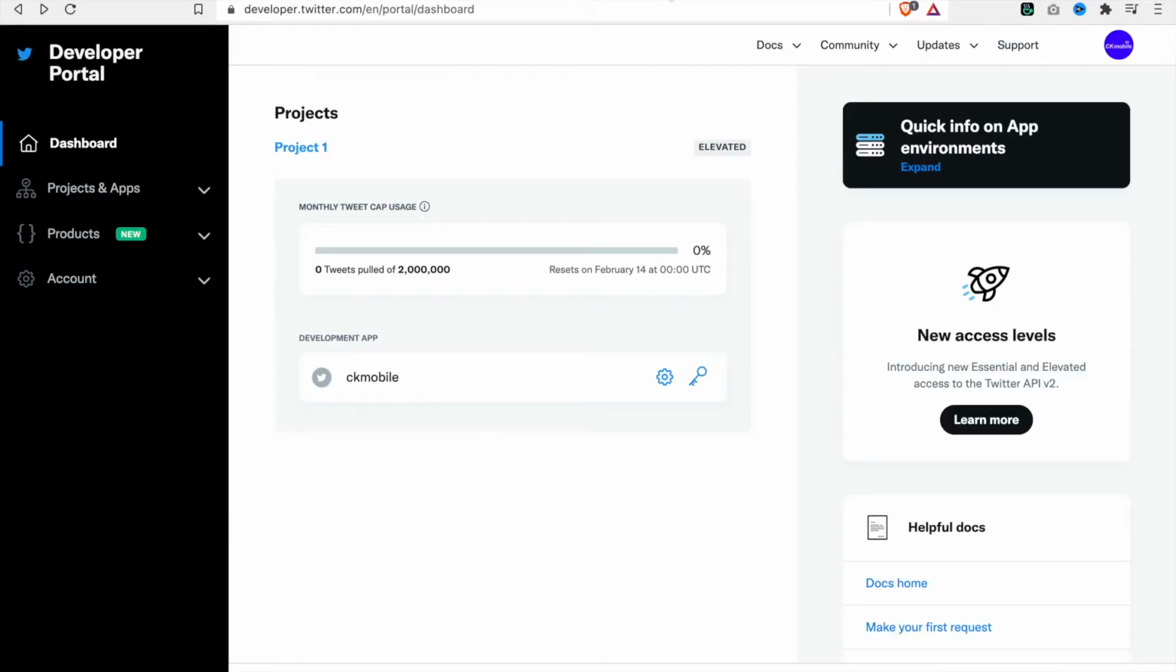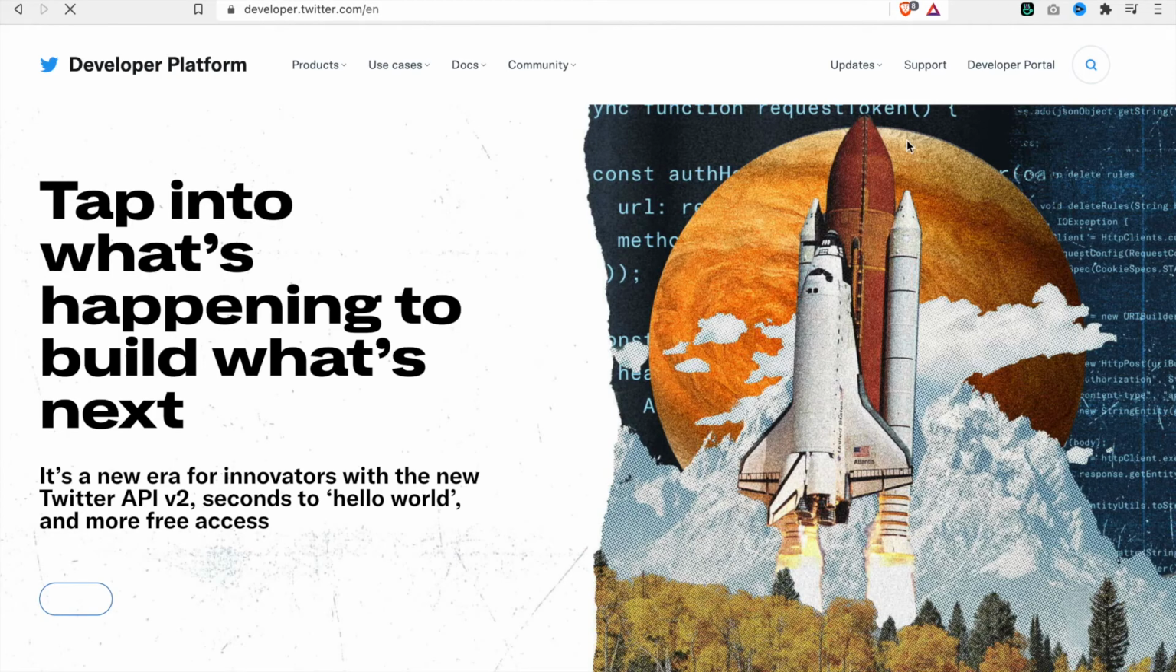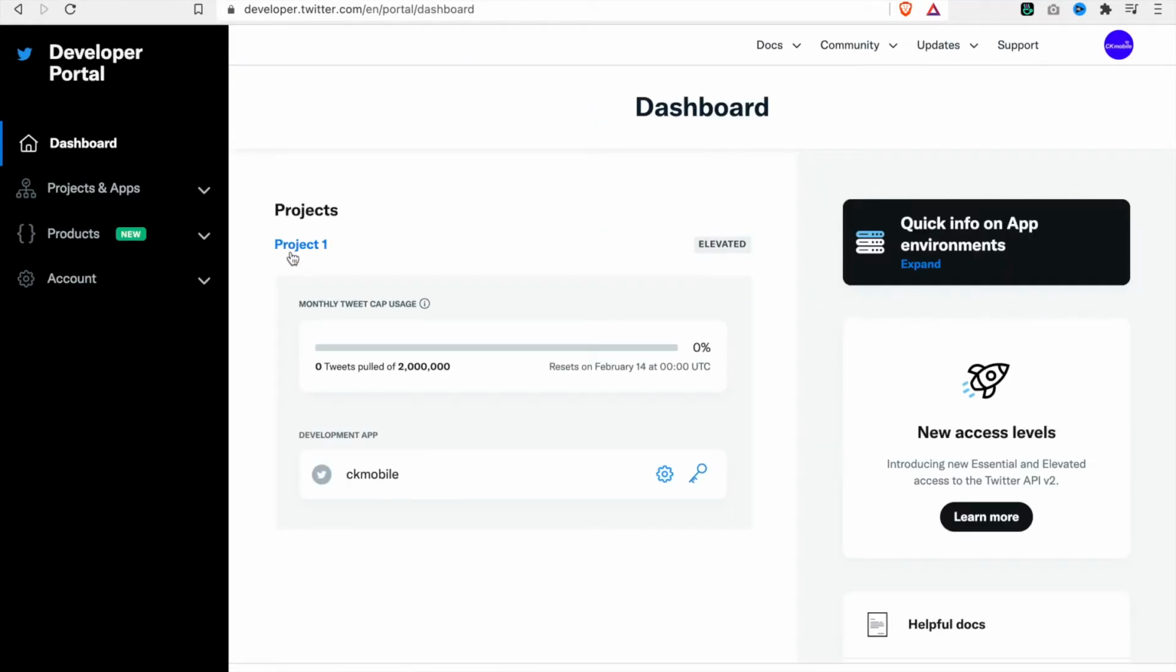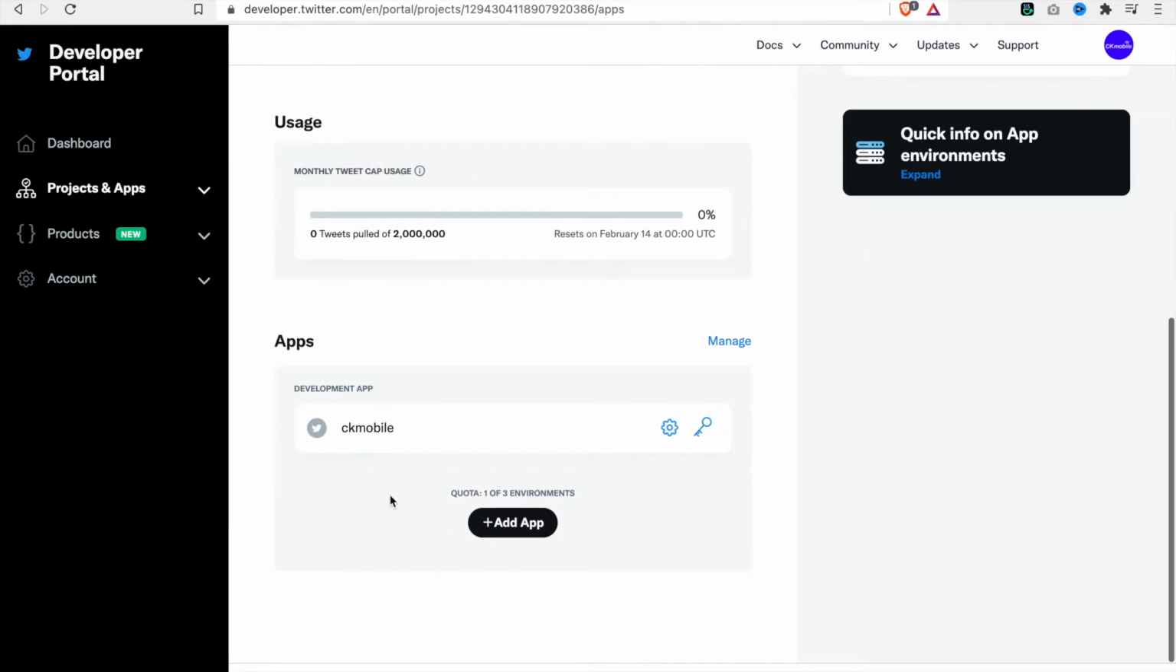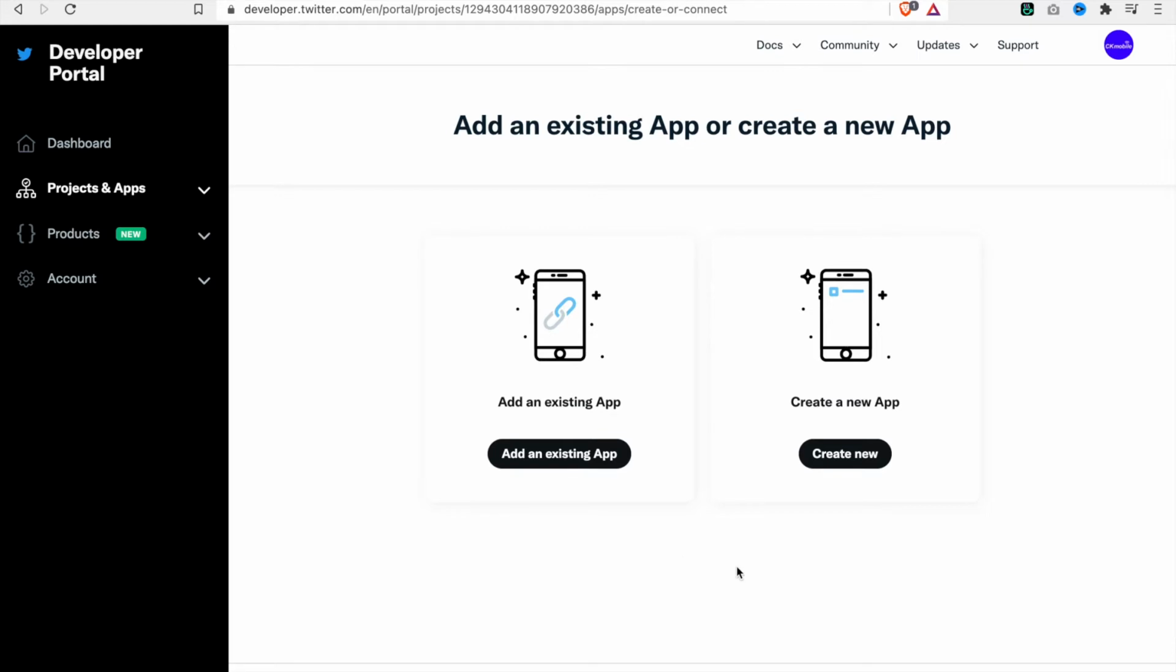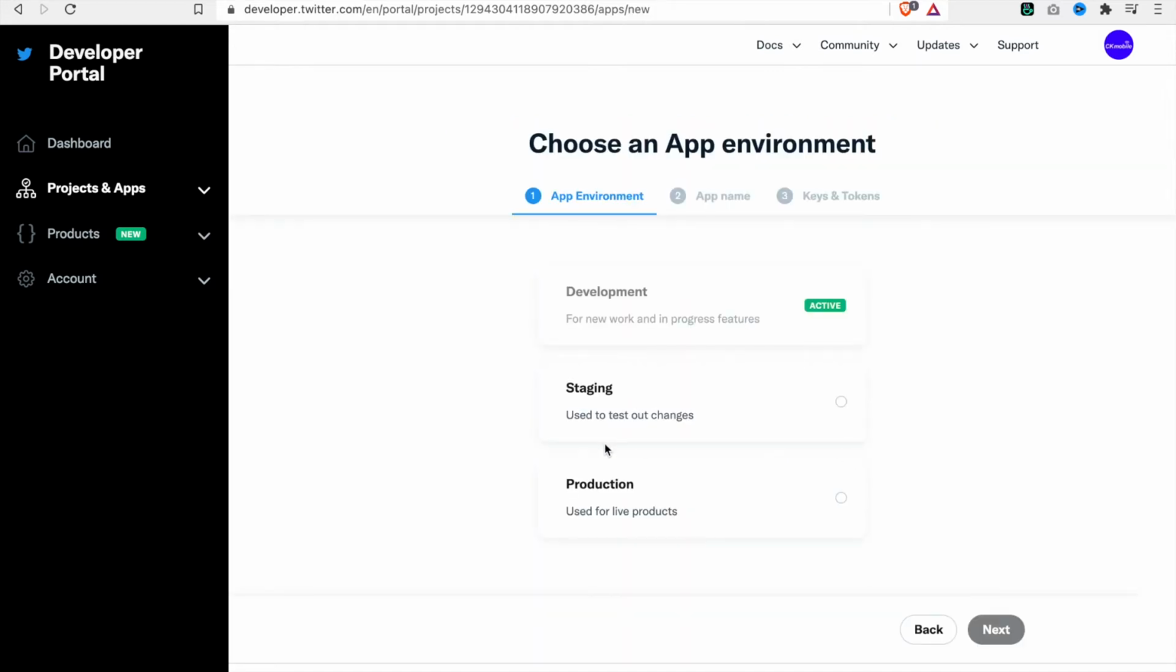So now we go to the Twitter developers, and if you go to the developer portals, you should see this. So we click on the developer portals, and you can see I have a project. If you do not have a project yet, you can create one. And we go to the project, and at the bottom you can see it has add app, and we use create new, and we have to choose one because it has to be inside the project. So we use staging,